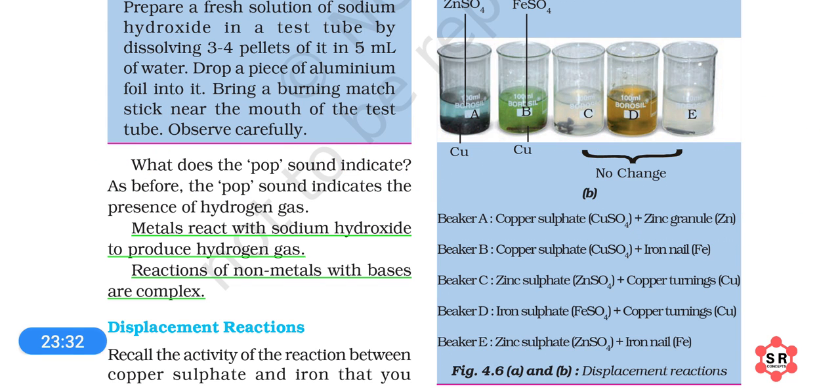Now, reactions of non-metals with bases are complex. That means non-metals may react with bases to produce a number of different substances as products. So we can say that non-metals react with bases, but the reaction is very complex, meaning we cannot make a general statement about them. They may produce different types of products. Now lastly,